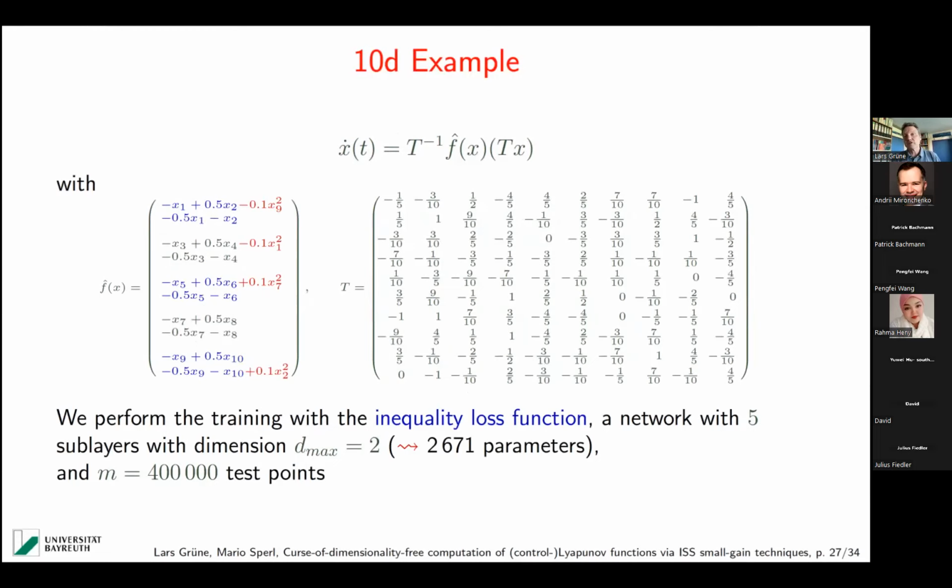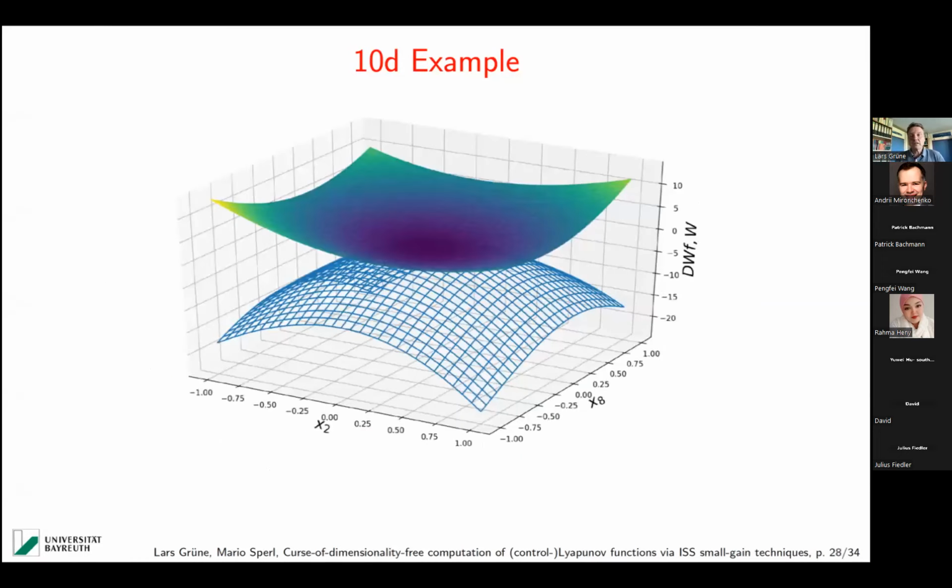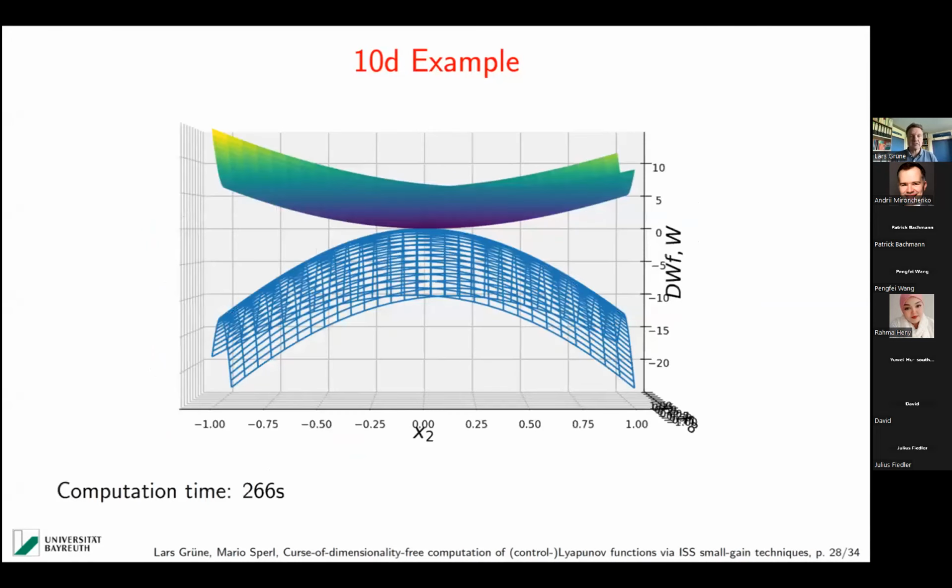In order to make it not so easy for the neural network, we put in this coordinate transformation, which is randomly generated, so that the structure really cannot be seen. If you write down what comes out of here, this right-hand side, it really is a mess. With human eyes, you don't see any structure at all anymore. But the neural network is really able to find that. This is, of course, now a projection into a certain plane, more or less arbitrarily chosen. And you see that it very nicely gives you the structure that you want to have. The function goes like that. The derivative goes like that.